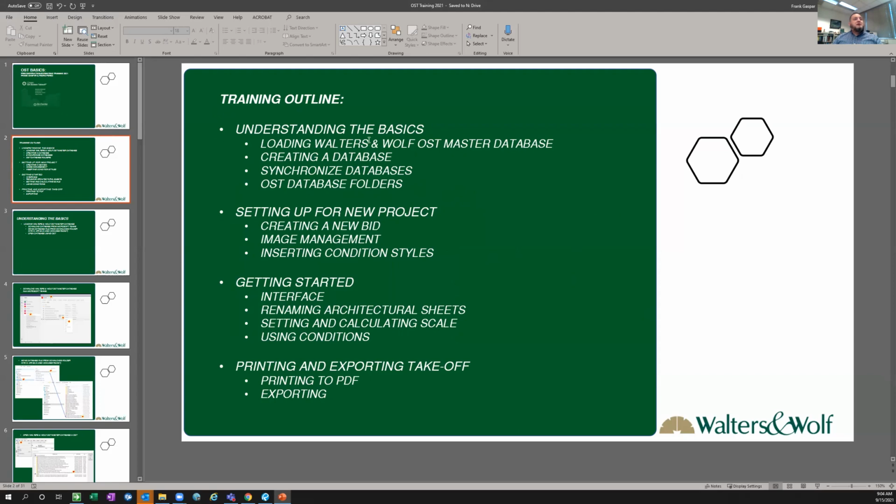We're going to go through understanding the basics, loading the Walters and Wolf OST master database. I know a lot of you guys have been asking about this. You'll be all set up after today. We're going to show you how to create a database, how to synchronize the database, and where the OST database folders are located. We're going to go through setting up for a new project, creating a new bid, image management,